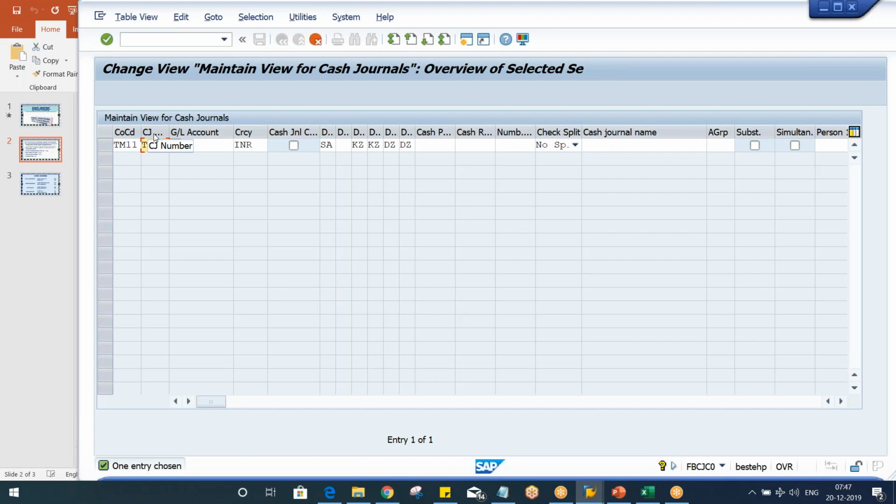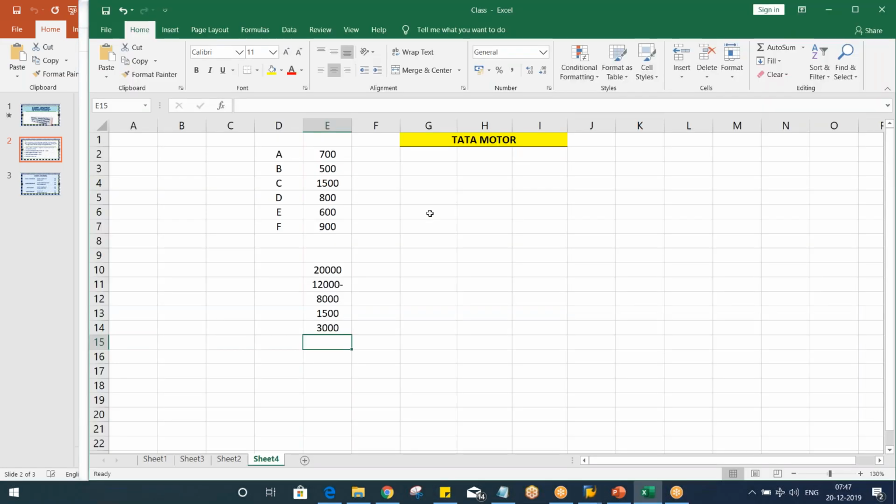Now we'll do one thing. Say for example, whatever these expenses are taking place. Tata Motors is having two facilities, in the sense, let's suppose they are having two plants. One is there in Delhi and the second one is there in Mumbai. Expenses are taking place at Delhi location, also small expenditures are taking place at Mumbai location, right? So in order to post all these expenses, we are having one unified GL, that is 1001 petty cash GL